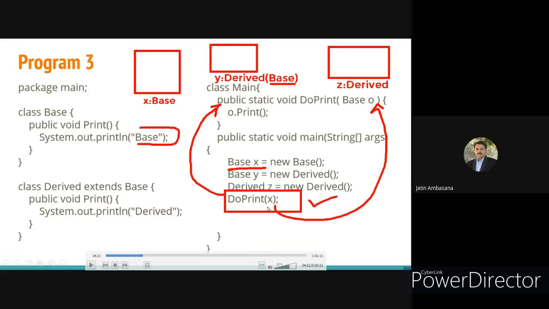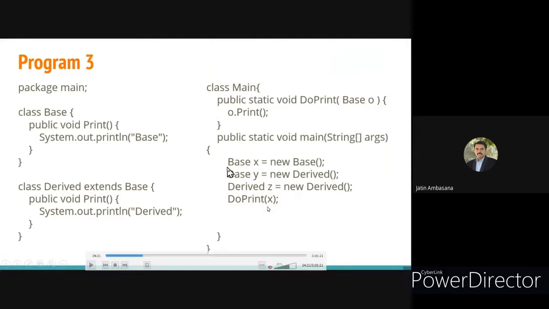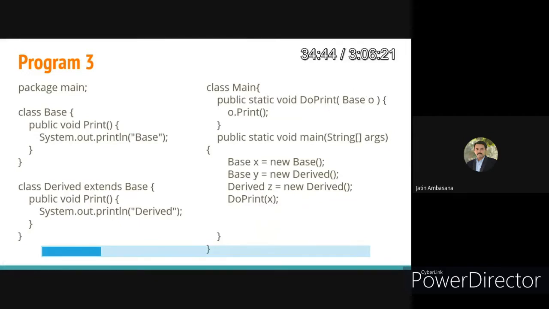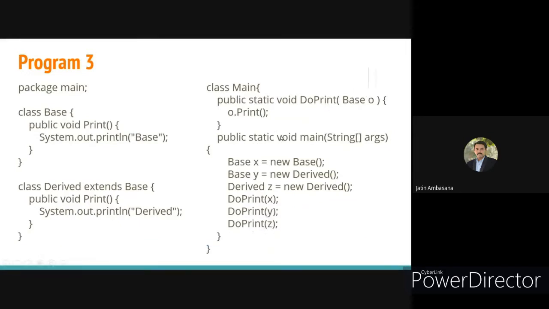So obviously base will be printed first, right? Then what happens? Then you say do print y, do print z. So what will be printed over here? Tell me. Once you pass x, then you pass y.